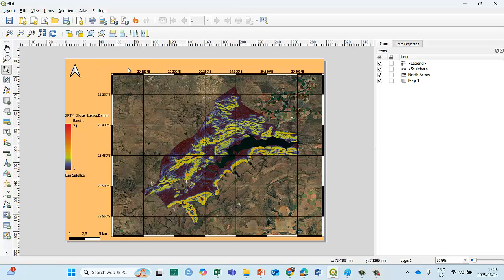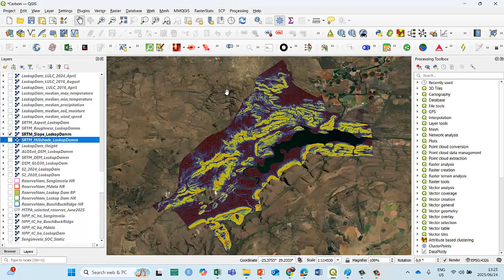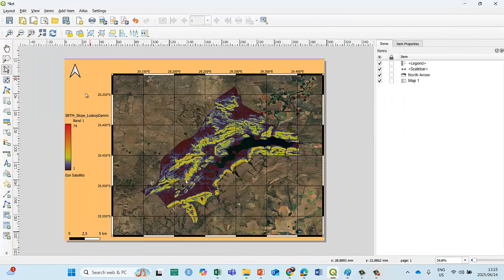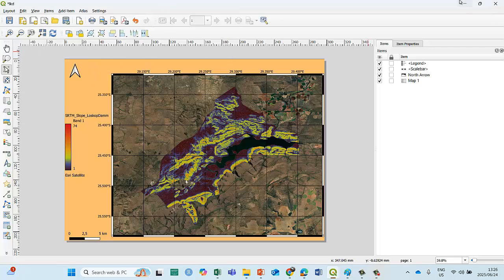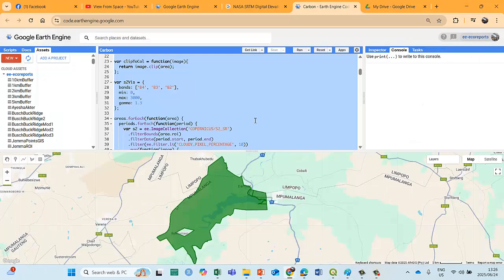But as I said, the canvas is directly linked to your QGIS, which is beautiful. And it stays there. It's available at any time you want to use it. And you just keep on refreshing. There it is. You just keep on refreshing. And you export, refresh, export. Other export options are there, but those are the main ones. Items, it's the same as the things that you can have here, so you don't have to worry too much about those things. And that's it.